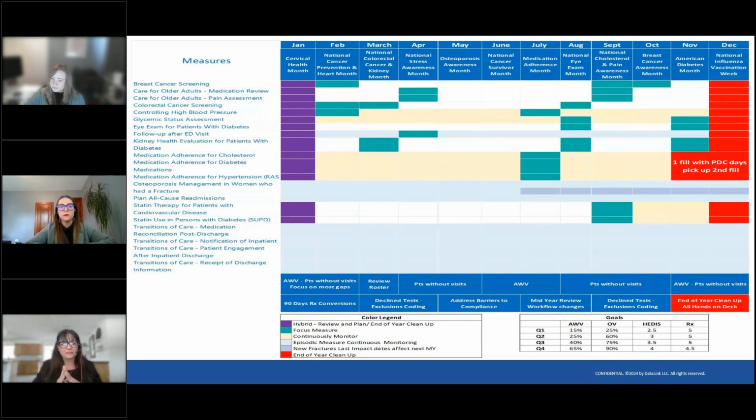Don't be overwhelmed. This is meant for you to just look at the areas where improvement is needed, put a plan in place, and have something to improve it. So maybe you're doing really well with some measures. Maybe you just need to focus on a few of them. Hopefully this gives you an idea on how to do it.